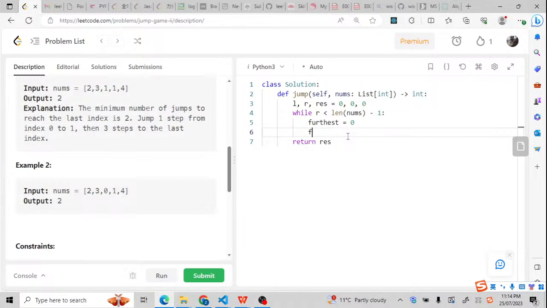Now I will check for my range. So my range is L to R. As I said before, the R should be included. So here should be R plus 1. So this is the first step. So what is the first point, furthest point we can get? We can use R max and nums I plus